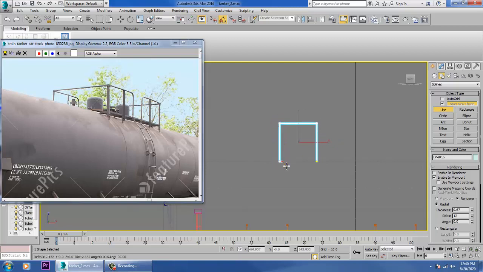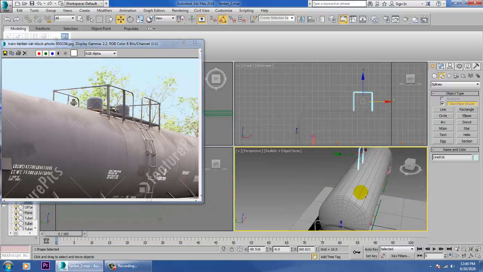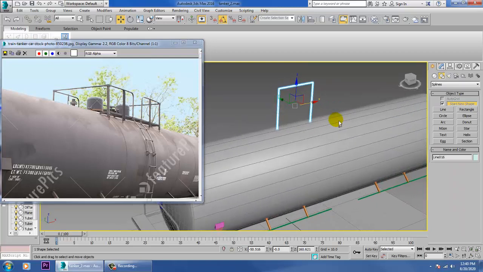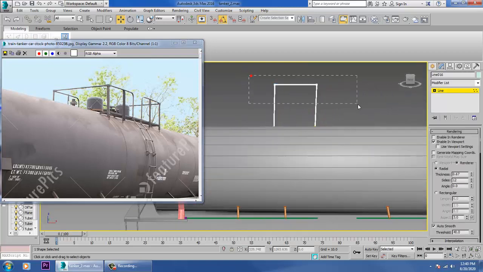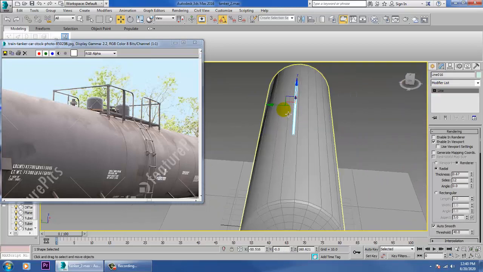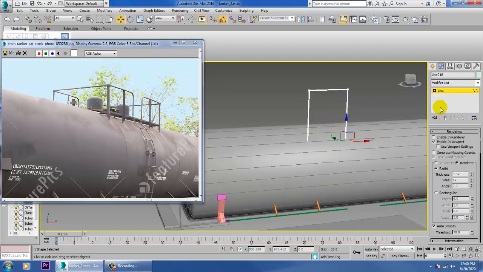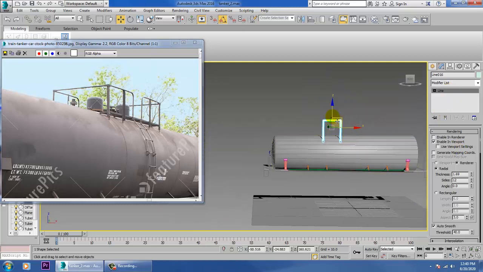Push it till here. So let's go into the vertices, push this down, drag it till here. You can just increase its thickness if it is required.